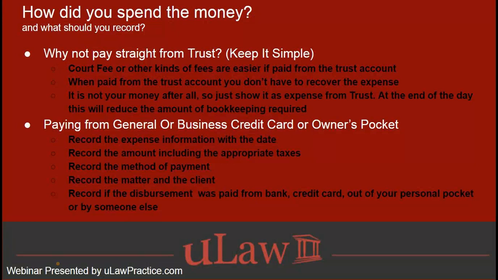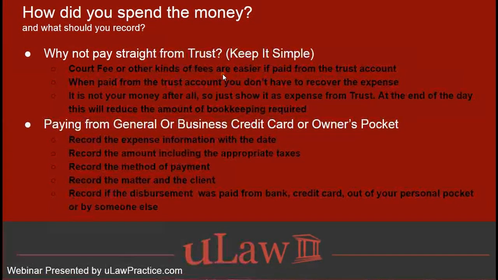So you write a trust check, if you will, for the same court fee or an application fee, where money comes right off your trust account, where you do not have to technically generate an invoice and wait for that money to be paid. Because now you can actually just generate the invoice for moving the trust funds from the trust account into the general account. So that's what they call the eligible trust transfer. Okay? So why not pay straight from trust?